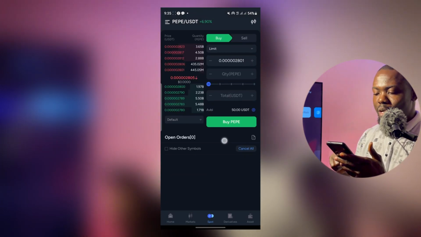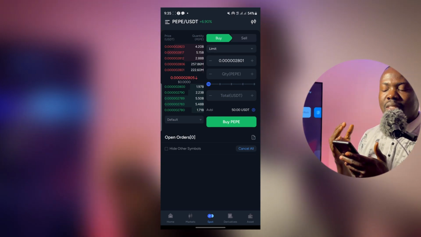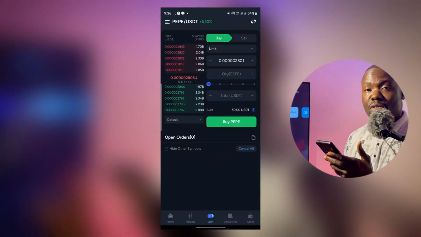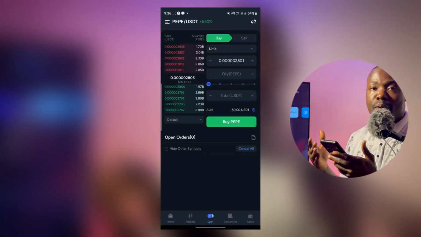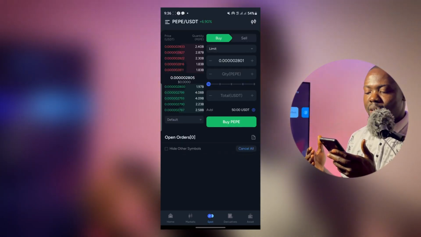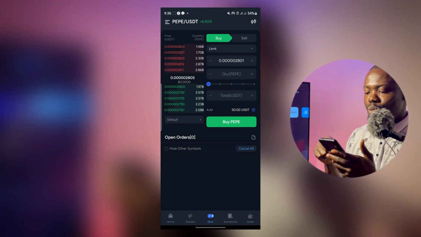Once you have clicked on buy, the next thing you want to do is to select the amount, that is the current trading price of Pepe. But in case you are not comfortable with the current price, you can set your desired price. Maybe if the price drops, then it buys for you automatically. But for the purpose of this video, I'm going to buy at the current market price. As such, I'm just going to click on the current price, which is